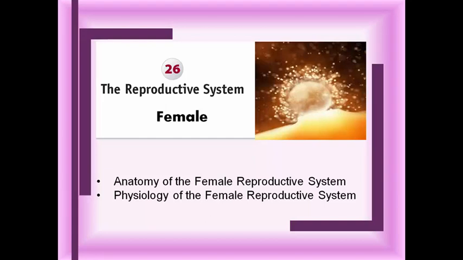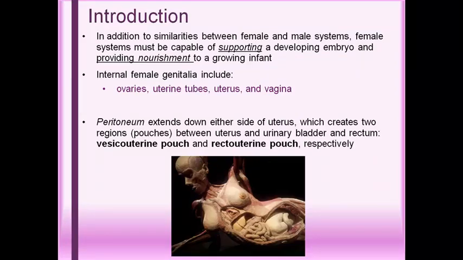In the second part of chapter 26, we're getting into the female reproductive system. We're going to analyze it just like we did the male by looking at the anatomy and also the physiology of the system. We know that there are several similarities between male and female systems: developing the gamete, undergoing meiosis in the organs that are producing the gametes, but the females go a little bit further